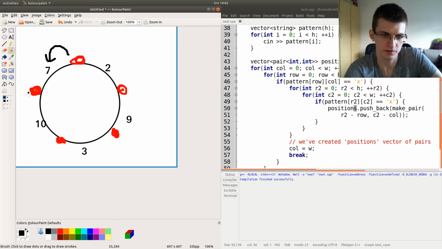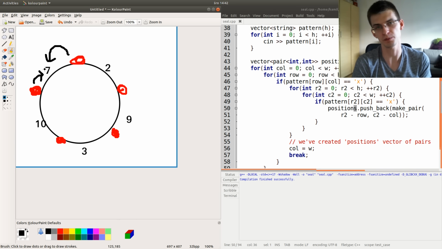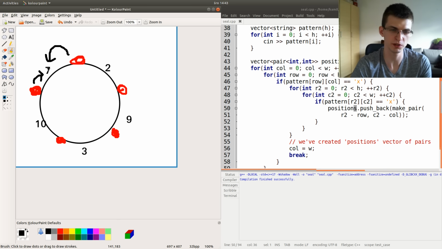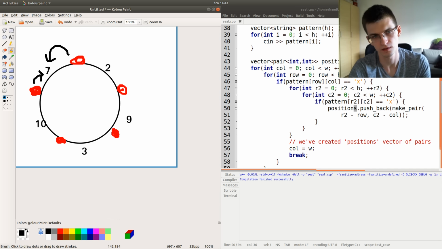Because even if the next person also chooses 7, then this cake gives 3.5 value to each of them. So this guy should never take 2. So if one value is more than 2 times bigger than the other value, this person will always choose this value, and we can be sure about that.